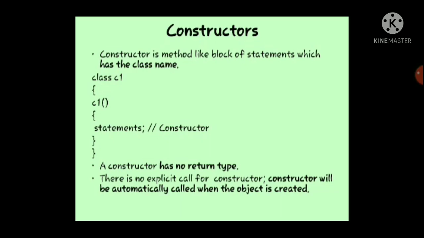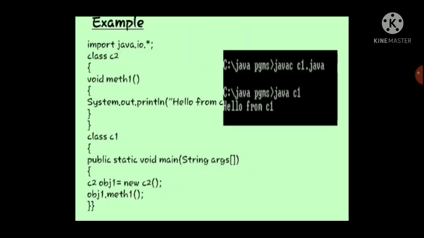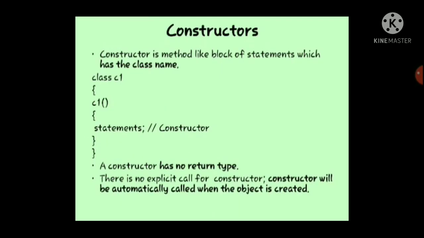Number two is the constructor has no return type. We know pretty well the method will always have a return type. If it doesn't have a return type, we can at least say void, right? Here for meth1 we have given void because meth1 does not return anything. But constructors won't have any return type. We neither specify void nor a return type, int or char or string, nothing. We can say only the constructor name, that is the name of the class, right?